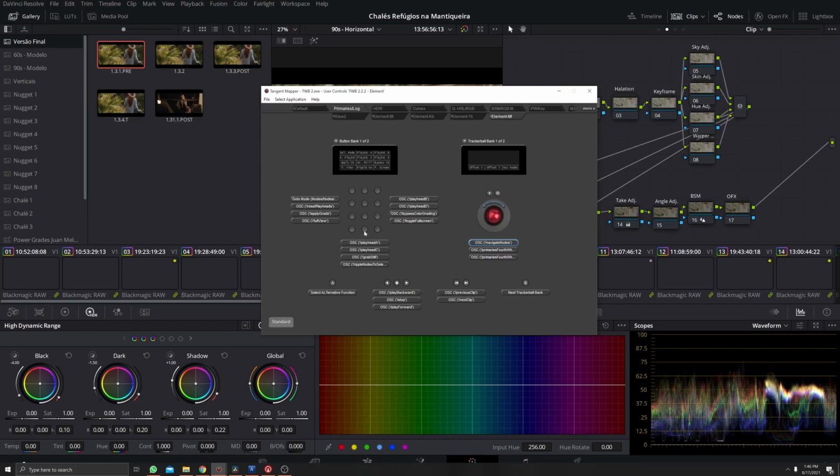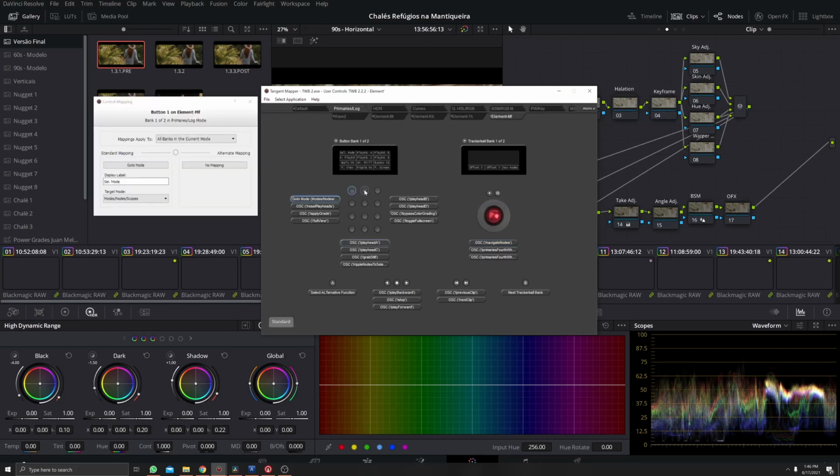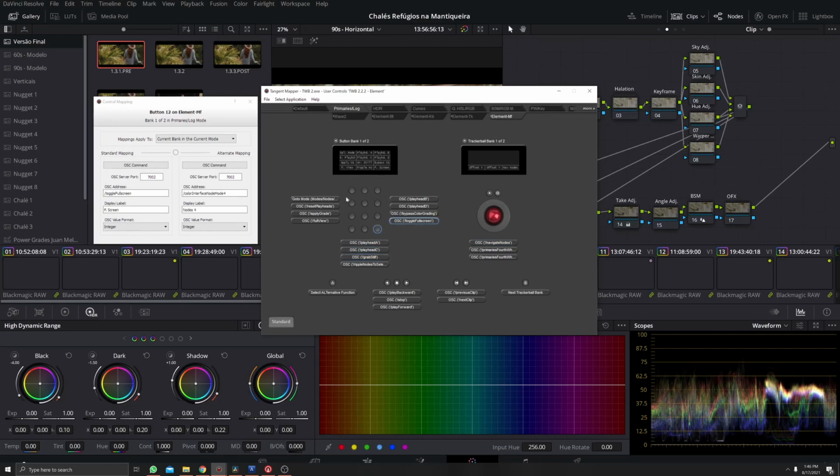And you have the selection mode here on the buttons, you have control for your playheads, apply grade, grab still, and other full screen and other tools here to control your color grading. And you have here the enable and disable buttons and things like that. And you have the nodes here, control to choose the nodes and highlight, split, and everything else. This is here on the buttons in the first bank.